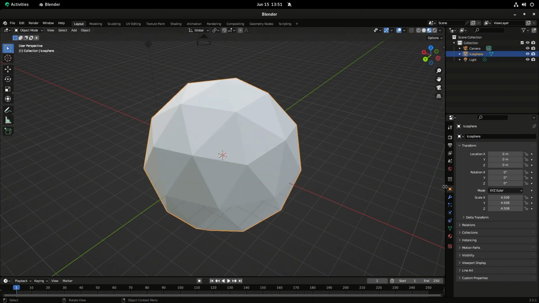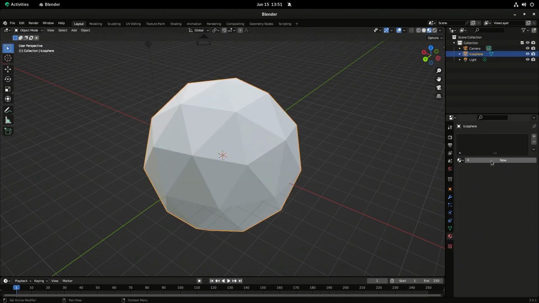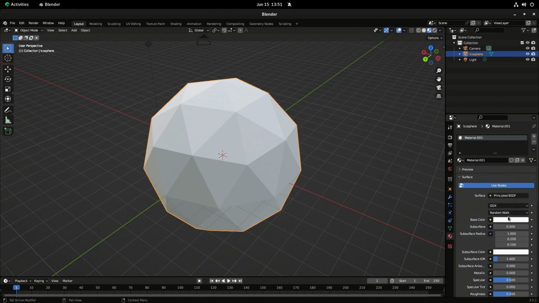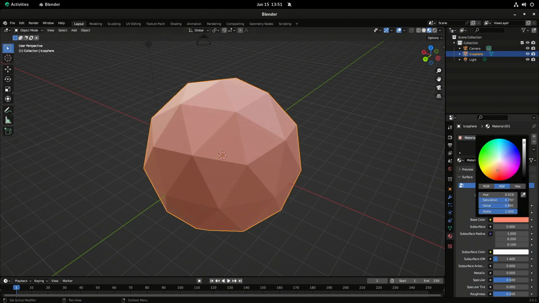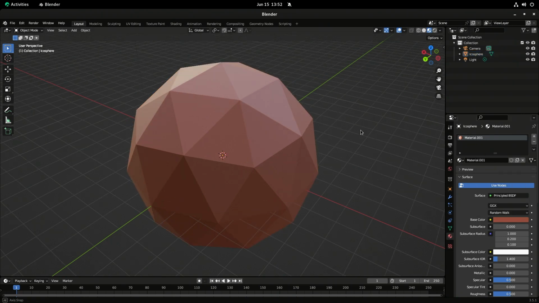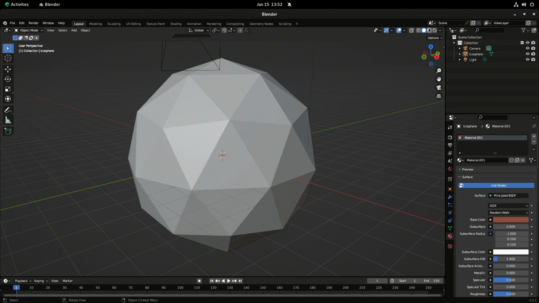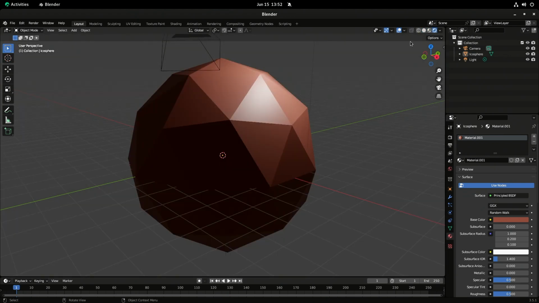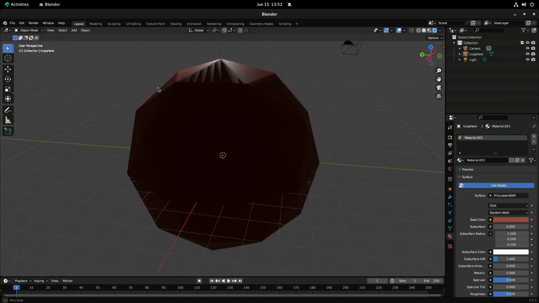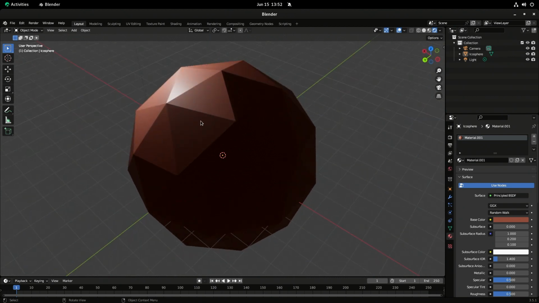But again, I could come in here and I could actually say, let's add a new material and let's actually start shading this a little bit. And we'll come in here. See, doesn't that look kind of cool? It's a lot better. Now, if we go unshaded, shaded. And if we actually render this, it looks like this. You can see we actually have the shadows as I move around.